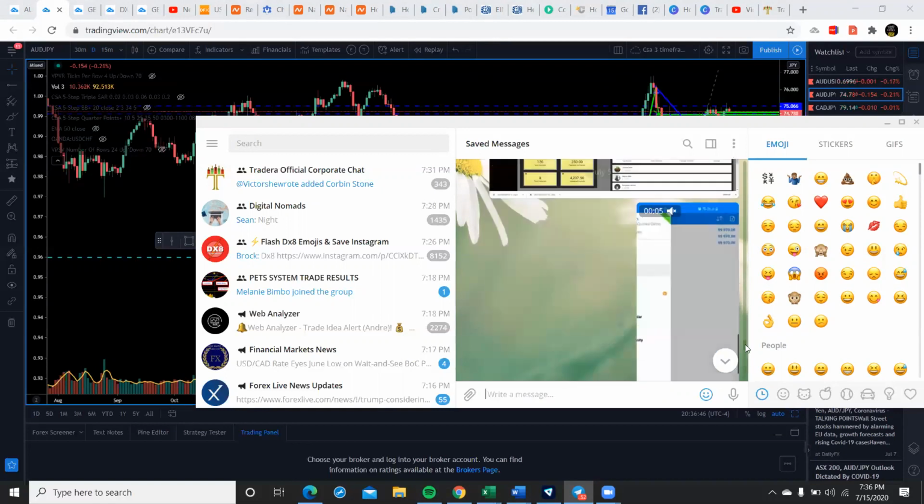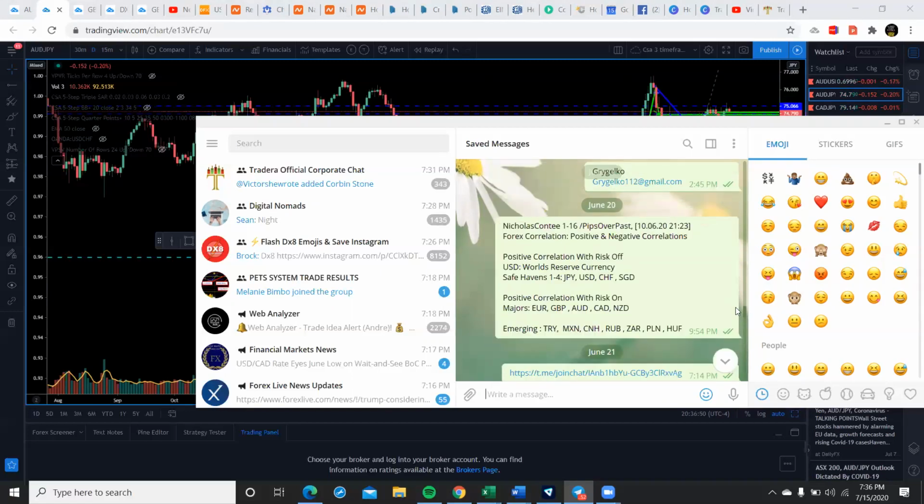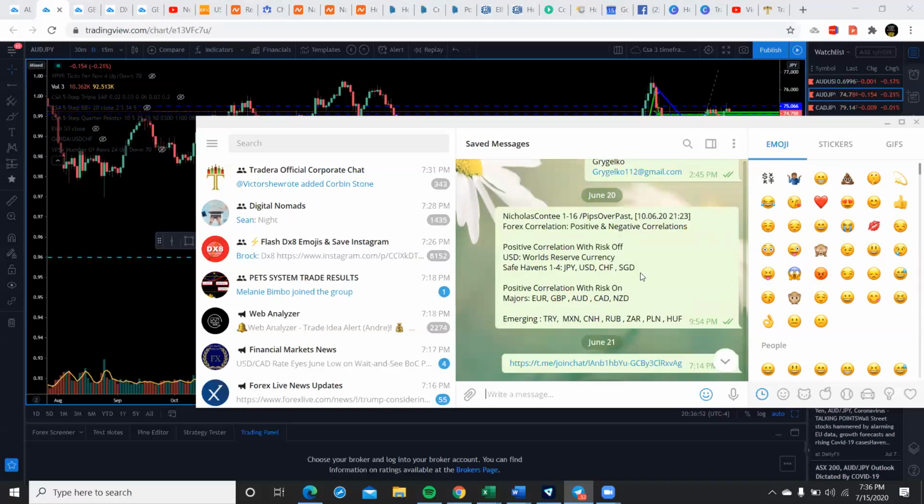It gives you guys an advantage on what to expect. So this little chart here gives you Forex correlations, positive and negative correlations, positive correlations with risk off. So when we get risk off, the US dollar is what's called a world reserve currency. Anytime there's any